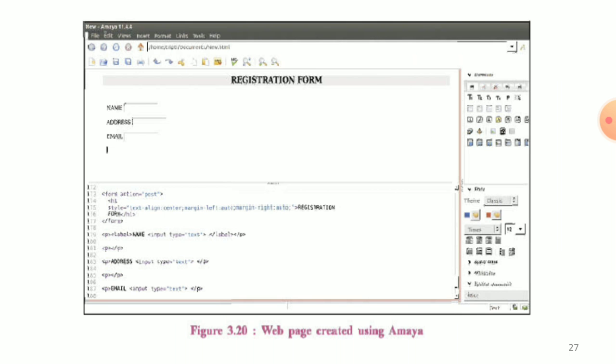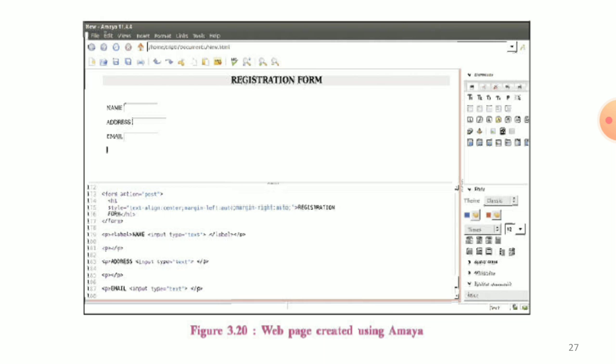And the next is Amaya. Amaya is another free open source WYSIWYG web editor developed by the World Wide Web Consortium, that means W3C. It was initially started as an HTML and CSS editor and has now grown into an editor for many XML based systems.